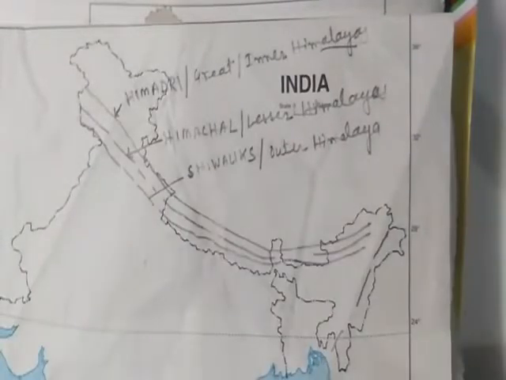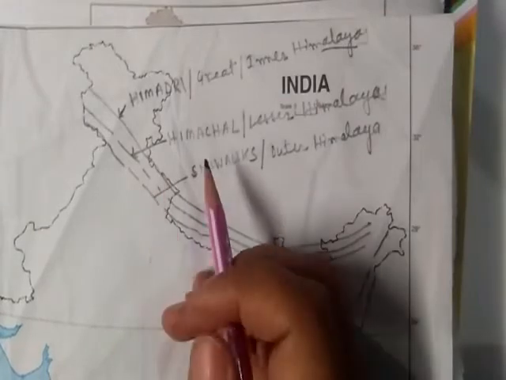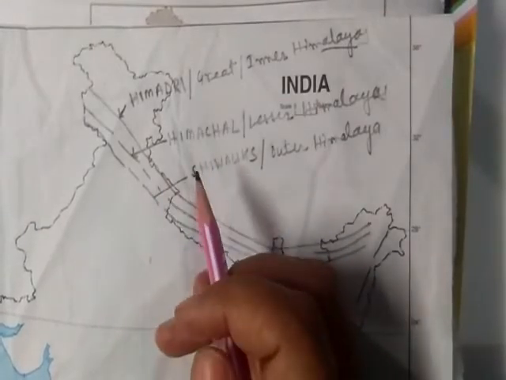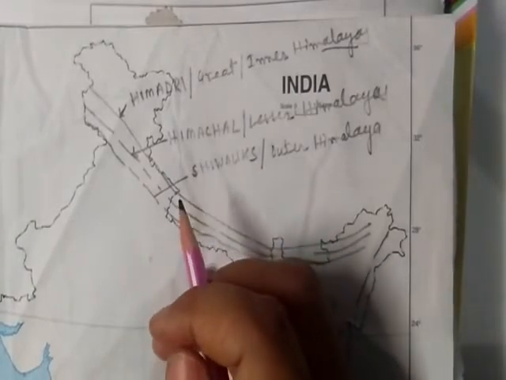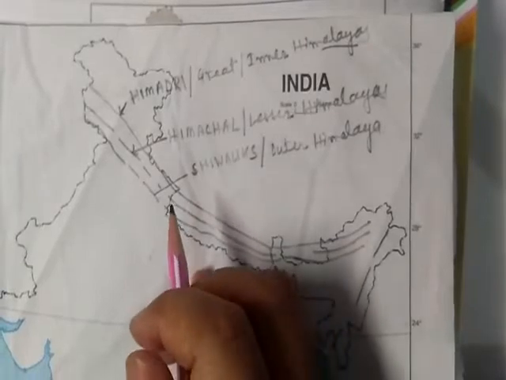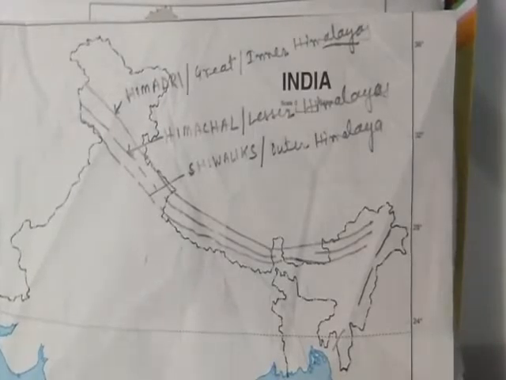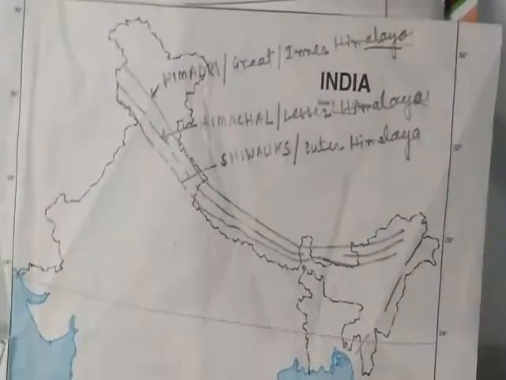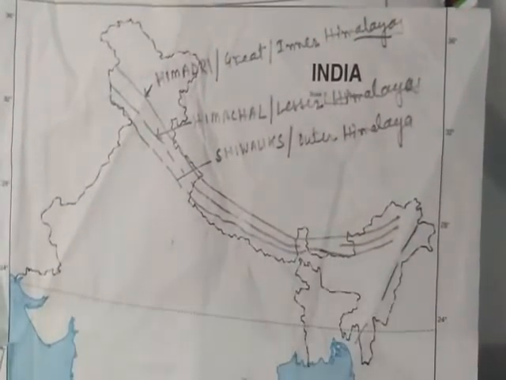Then Makalu in Nepal. Then Dhaulagiri in Nepal. Nanga Parbat in India. Annapurna in Nepal. Nanda Devi in India. Kamet in India. Namcha Barwa in India, and Gurla Mandhata in Nepal. You can see all these prominent peaks in the NCERT book, pages 9 and 10. I will also show you the peaks when we do the map work.